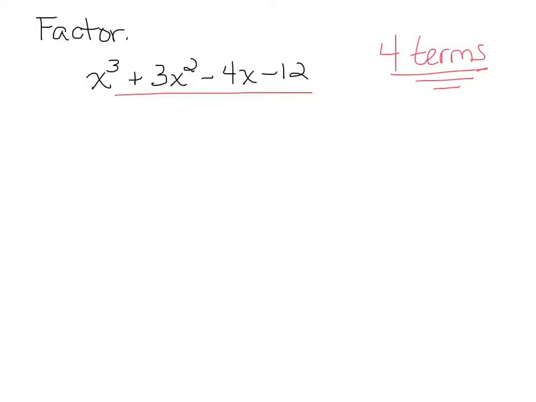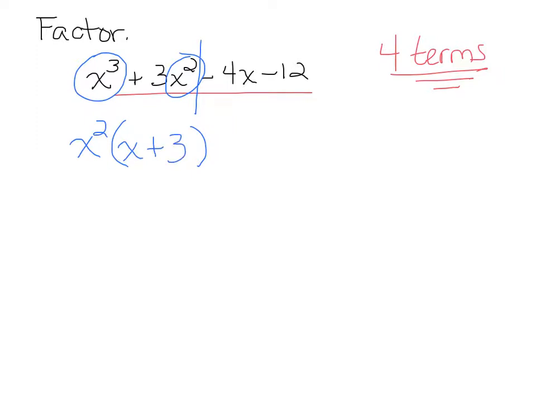So the grouping method, let's put these in half, and let's factor out what we can from the first group. In the first group, I see that they have x squared in common. So we'll factor out an x squared. Pulling this out, you have 3 x's here. You pulled 2 out. That leaves me with 1. You have 2 x's here. You pulled out the 2. That leaves me with no x's, just the 3.